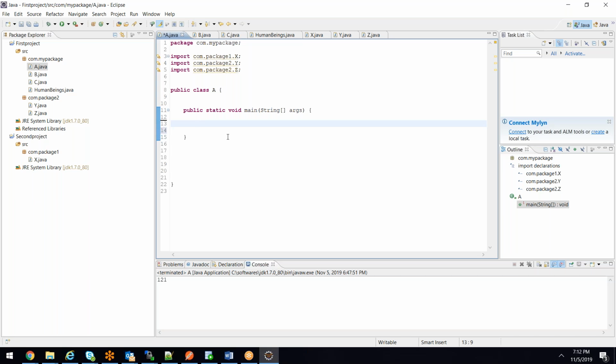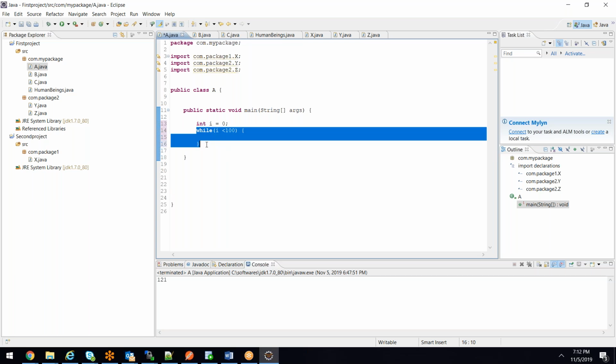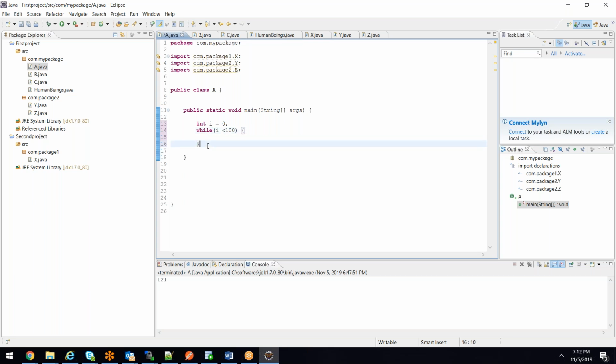While loop means what? For example, if I say int i is equal to 0, while i less than 100, this is a while loop. This is not a for loop, it's a while loop, correct? A for loop also will have a flower bracket opening and closing, correct? And in the for loop, you have three things: one is a declaration of the variable, and the second thing is condition and incremental operator, correct?